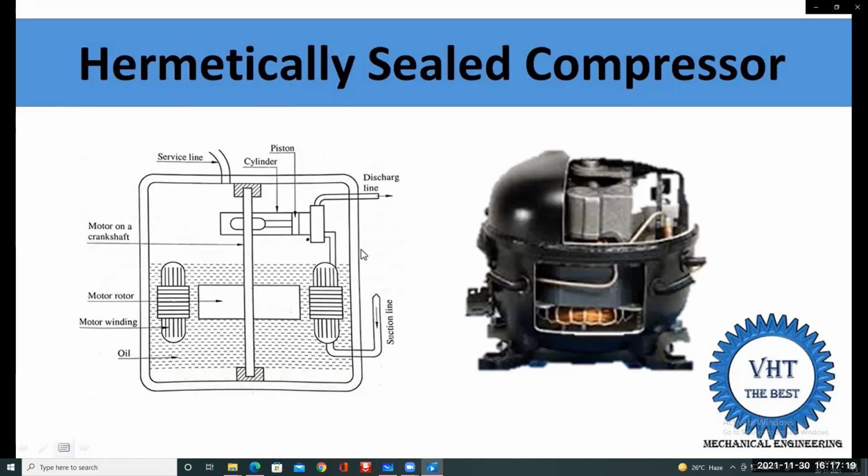In this we have three pipes. One is the suction pipe that supplies the compressor. This part is the compressor, and in this figure it is shown as a reciprocating compressor. It has a crankshaft. On this crankshaft, first up is the motor, and this is the shaft of the motor as well as the compressor. On this same shaft, the motor is installed and this compressor is installed. This is the crank, connecting rod, piston, cylinder, and the discharge line through which refrigerant is supplied. And this service line of the compressor is also provided for the first-time charging.